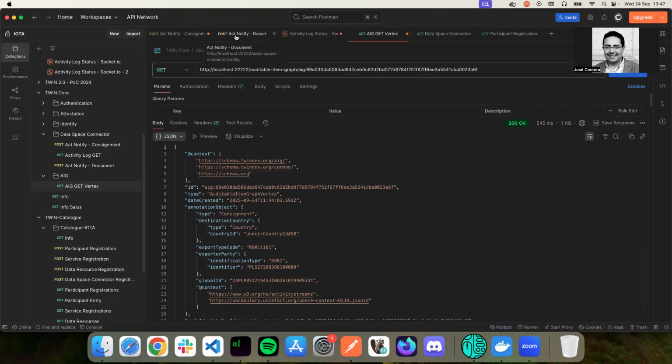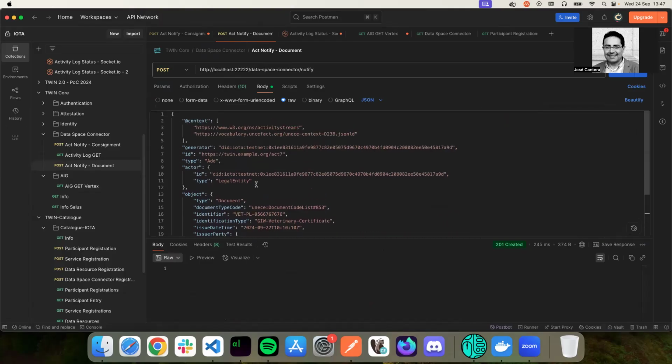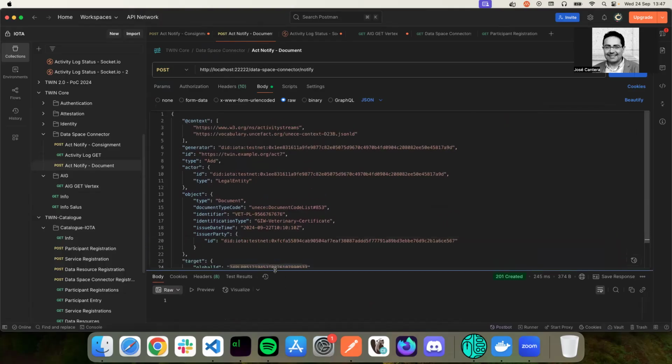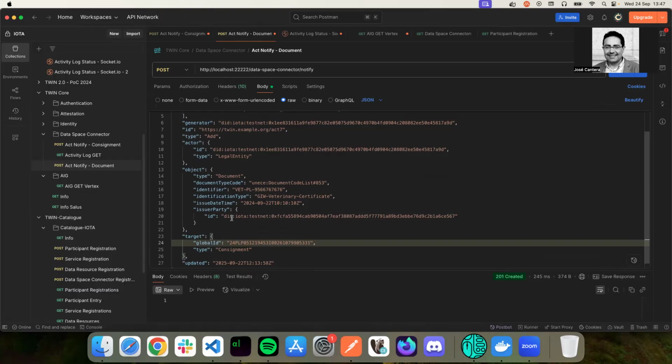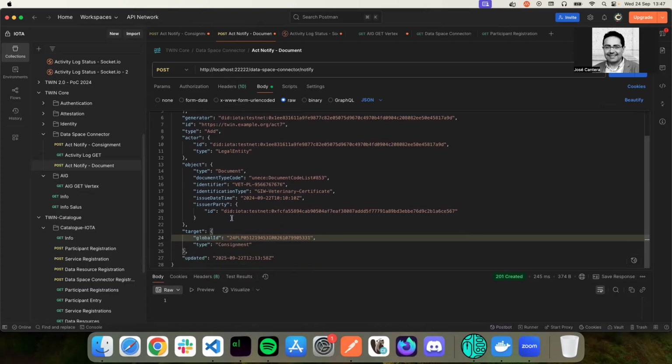So here we are going to notify that there is a new document. So the activity type is add. We are adding a new document to the consignment that we recently created. And this is the document. It's a document of type veterinary certificate. This is the identifier. And the issuer corresponds to the police veterinary agency. So now we submit the activity,